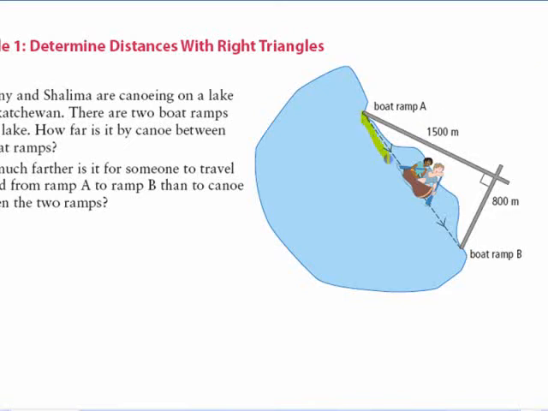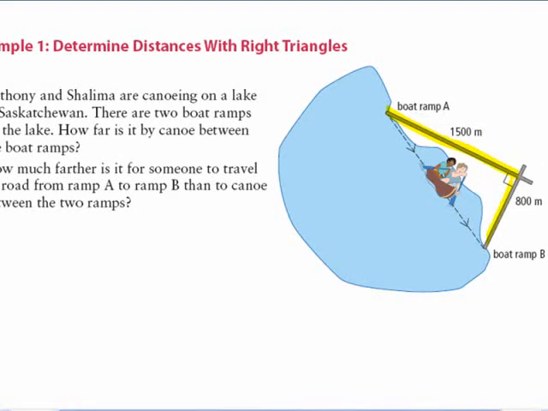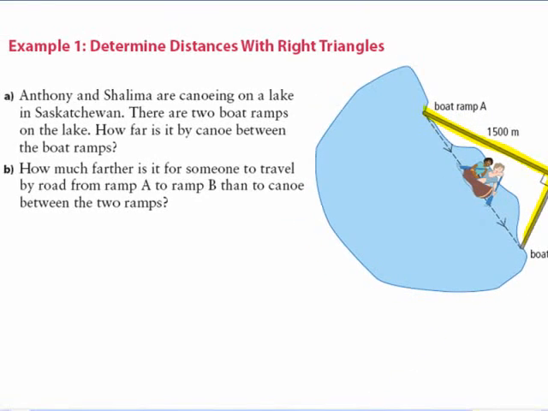If you want to know this distance here, and you do know these two, then you can use those two to find that one. All right? It's hard to measure that one in the water there, but it's a lot easier to measure these two on land. Okay? If you know that this one is 1500 and you know this one is 800, you can write the Pythagorean